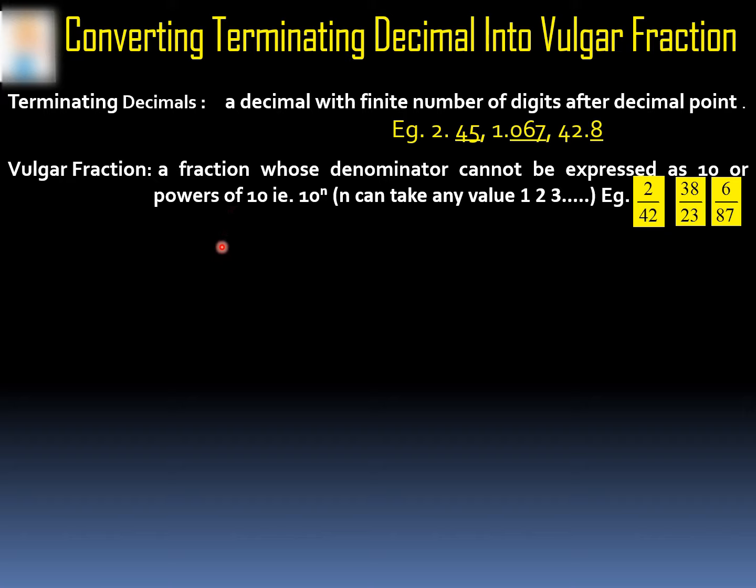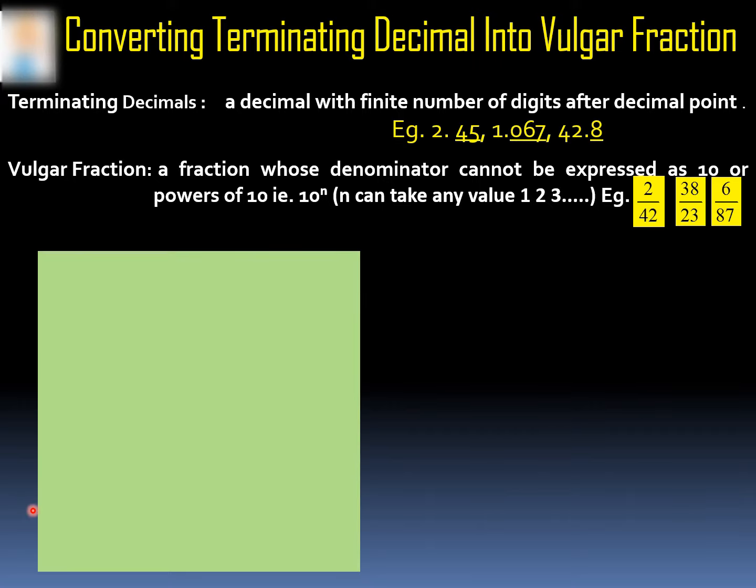Let us solve few examples. In first example, we have to convert 2.016 into vulgar fraction in its lowest form. We'll solve this step by step. First we will see digits before decimal point, that is 2. So we'll write 2 plus, now we'll see digits after decimal point. We have digits till thousands place, as this is 10th place, 100th place and thousands place. So we'll write 1000 in the denominator and 16 in the numerator.